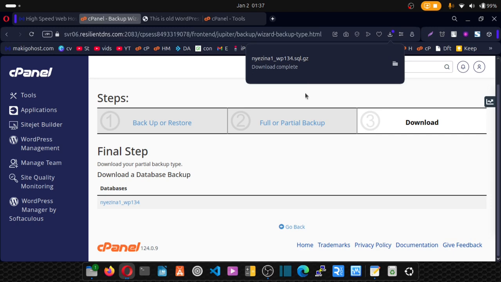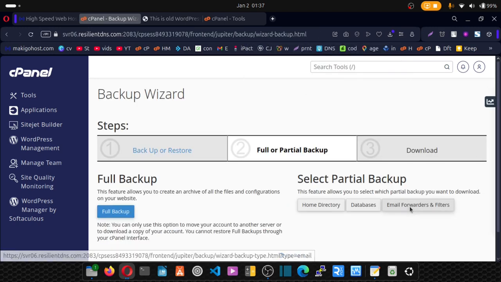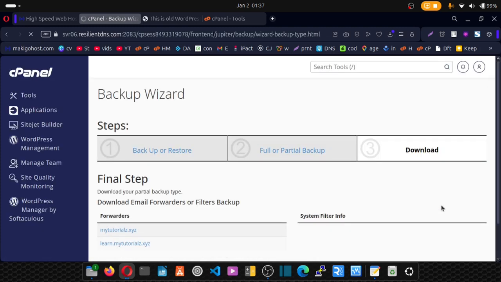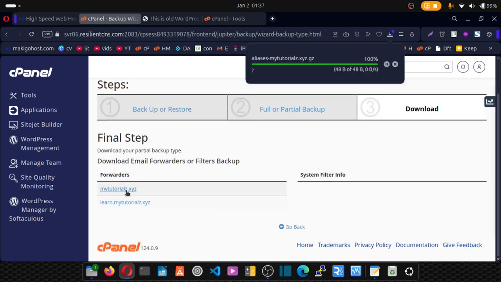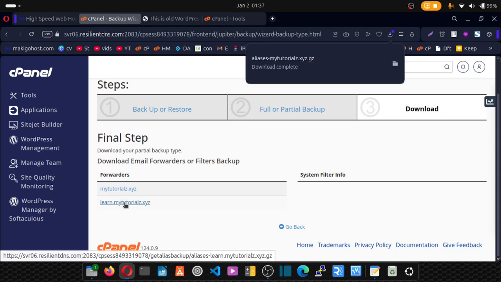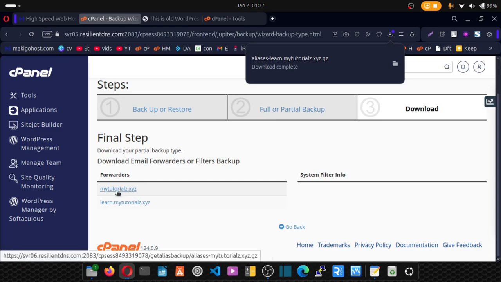Next, I want to go here, click on email forwarders and filters, scroll down and make sure you download this forwarder and then this forwarder. Any forwarder you have inside, make sure you download it. So you want to download these two forwarders or your available forwarders. Now that we are done with that,